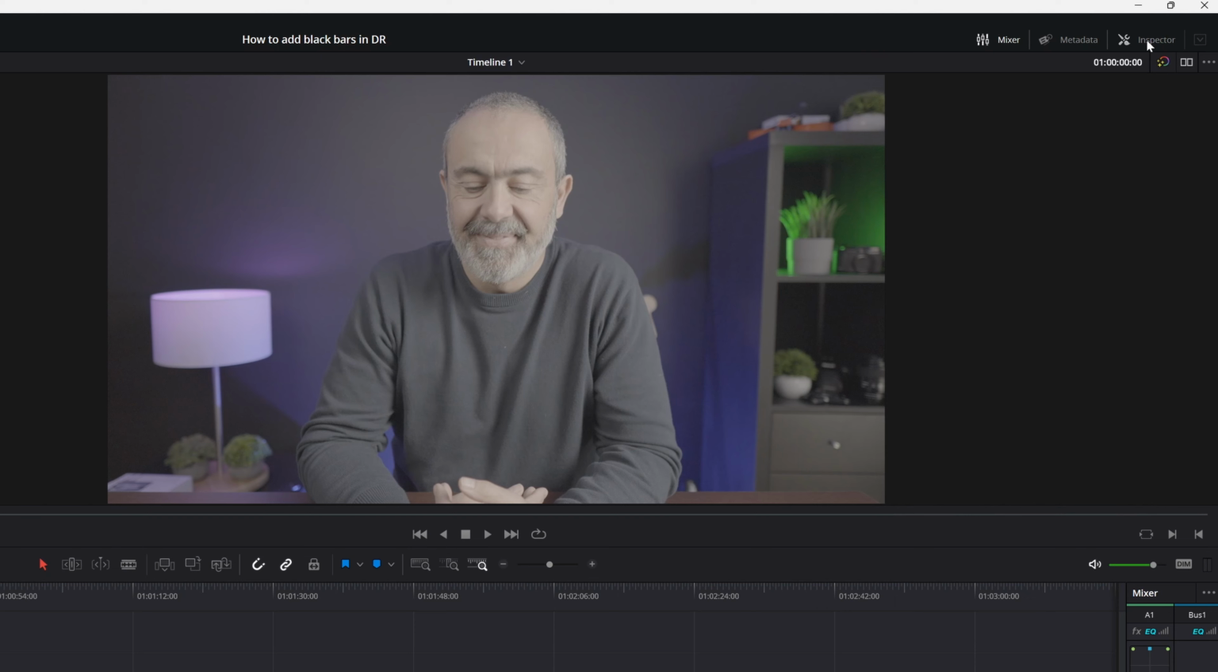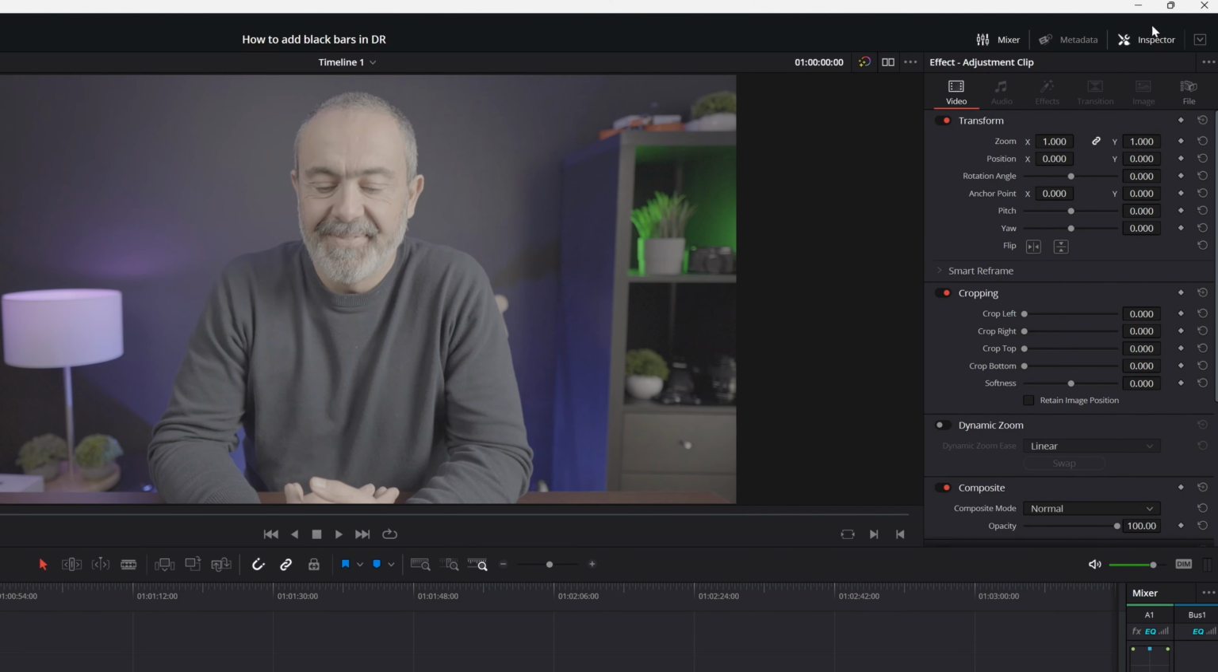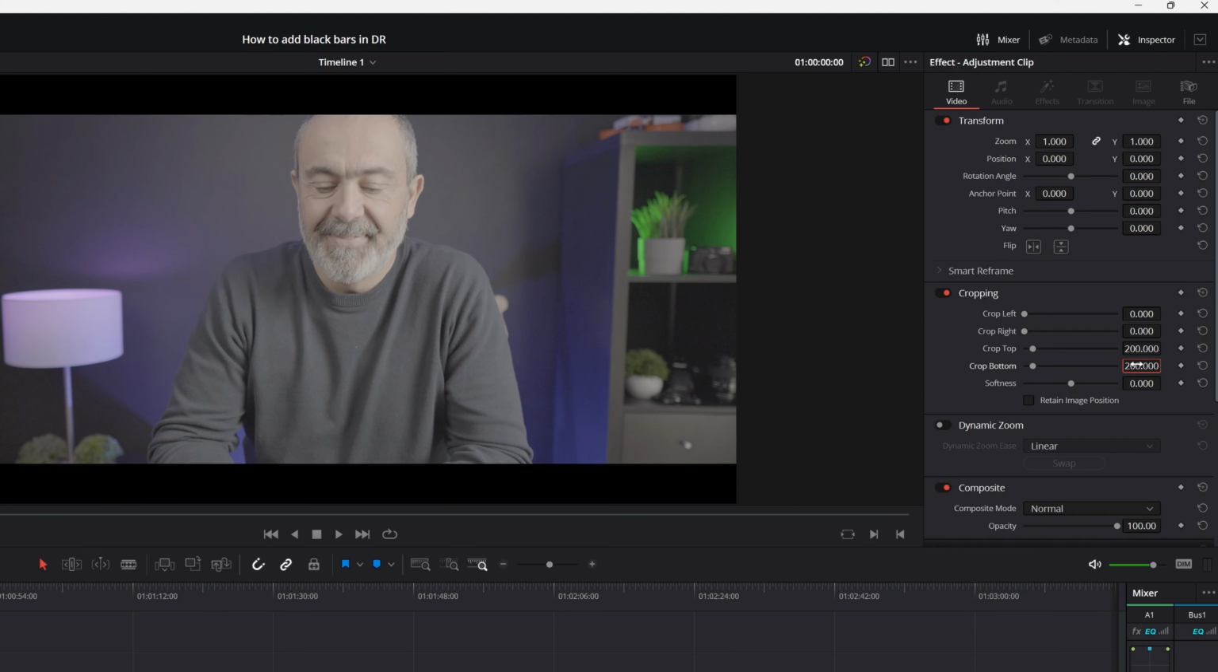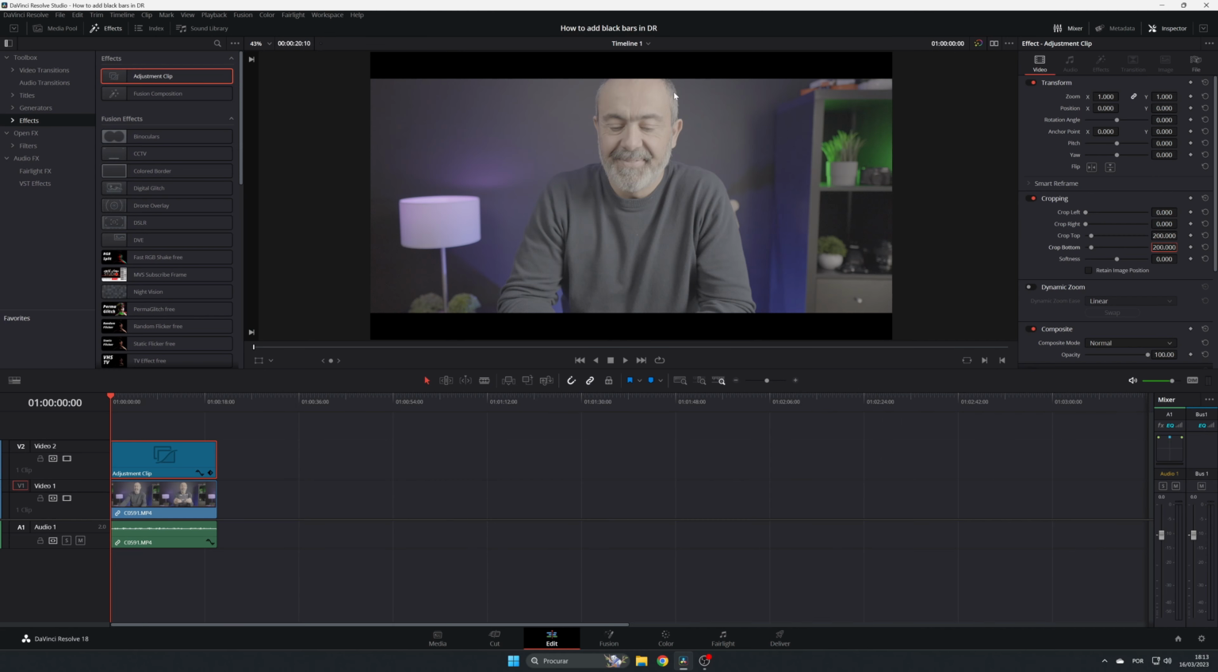If you don't see the inspector, click where it says inspector and come down here to the cropping area, and you have crop left, crop right, crop top and crop bottom. These two are the ones that are important now, so I like to put 200 in the top and 200 in the bottom. So as you can see, we already have the black bars, but it is cutting my hair